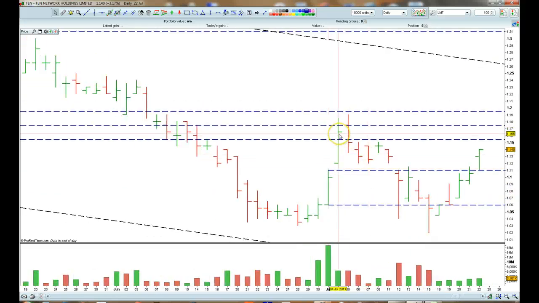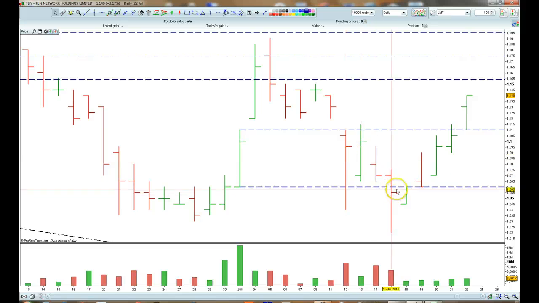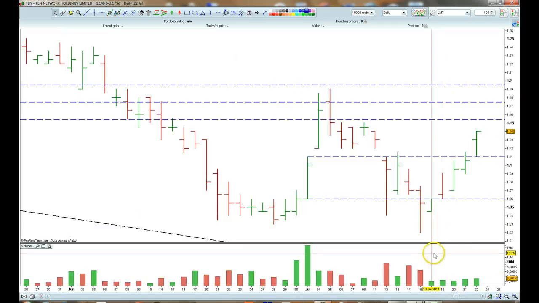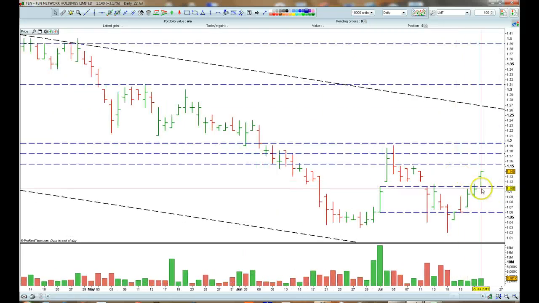I've taken it up, but they're not really interested in it going higher yet. I've rammed it down again. It's gone past that area, but the volume is high, so up she goes. But look, the volume is quite light going up. See, that's gone up on poor demand. It doesn't really look like they're interested in higher prices at the moment, even though it is going higher. The volume is slightly increasing, but